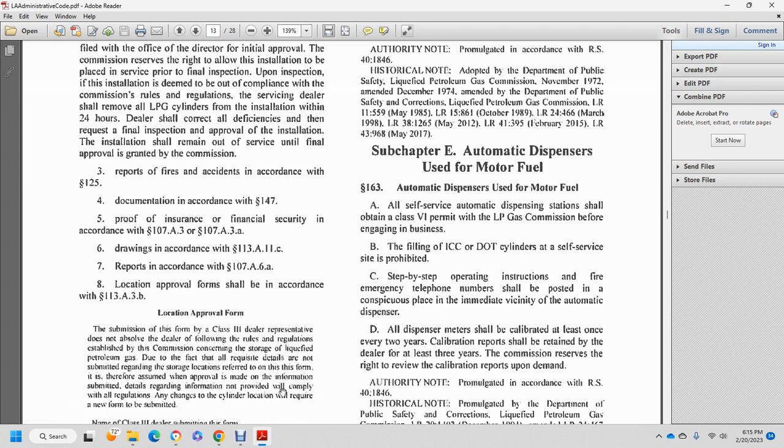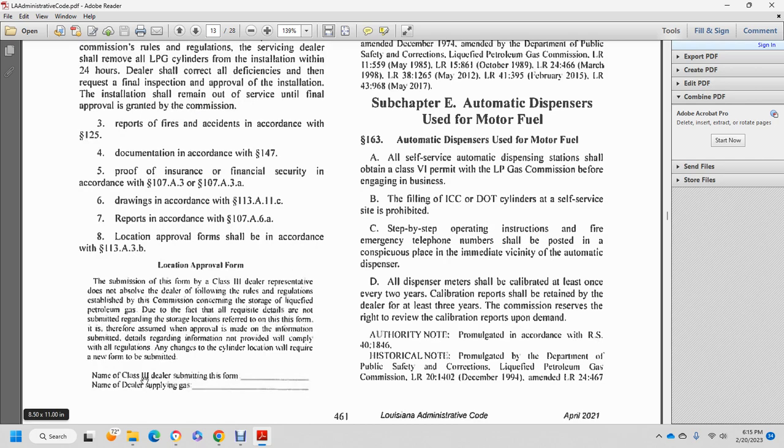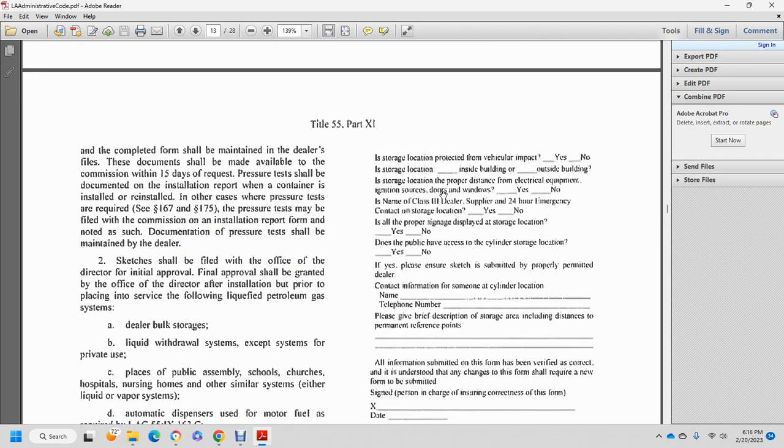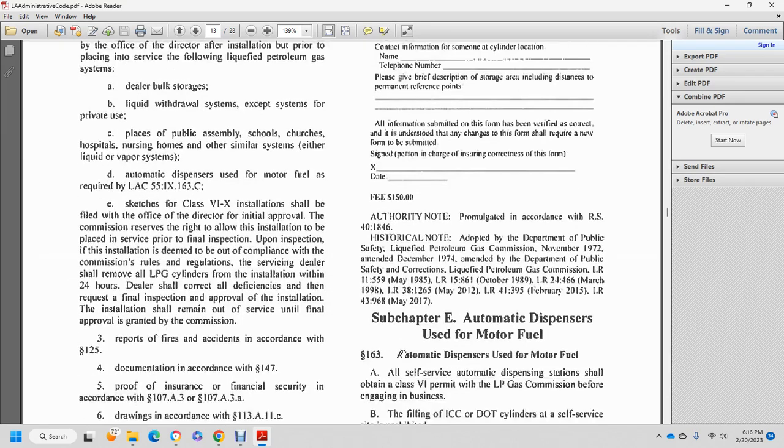Any change to the cylinder location will require the new form to be submitted and show the Class 3 dealer the name of the dealer supplying the gas. Stored length, protection, and vehicle or impact, stored location, inside building, outside building, stored location, property distance, electrical equipment, ignition source, doors and windows, name of the Class 3 dealer, supplier, 24-hour contact storage, also proper single display, storage, and location, display, public, have the active cylinder storage location, yes, or please enter sketch submitted but properly permitted with the dealer, contact information, cylinder location, and